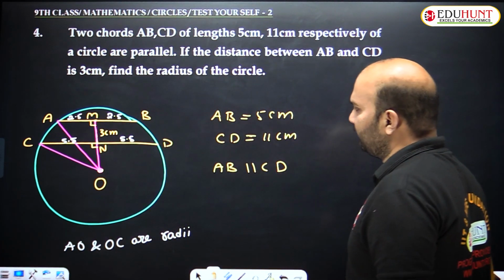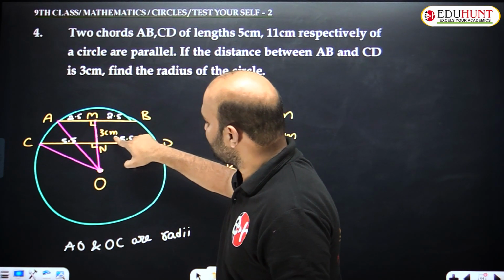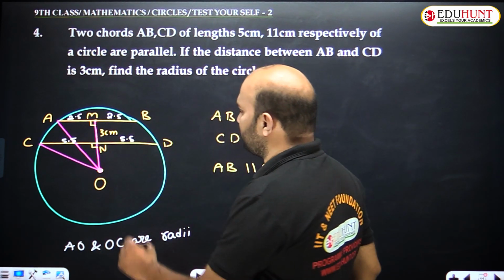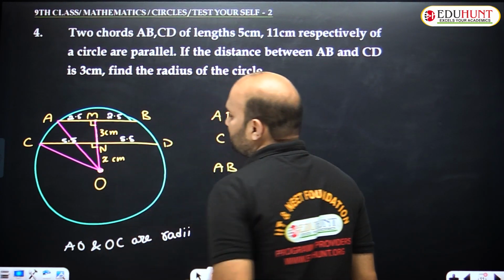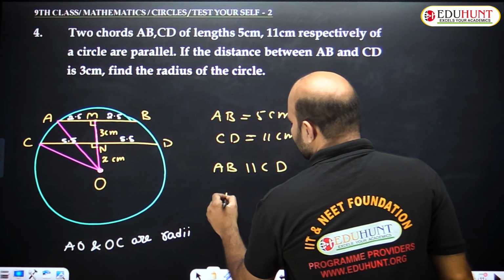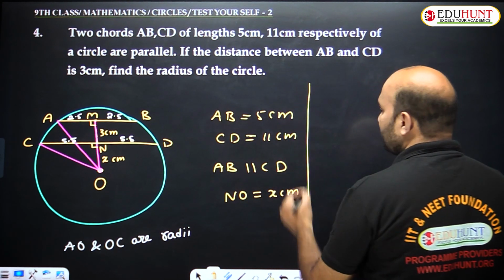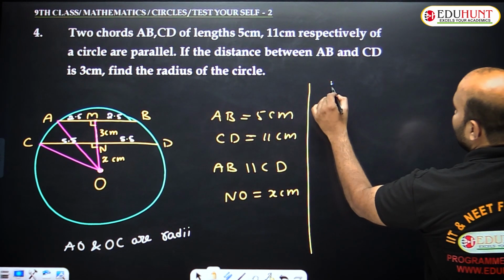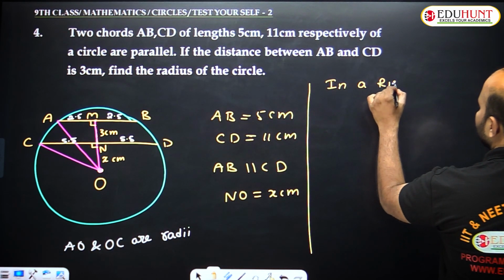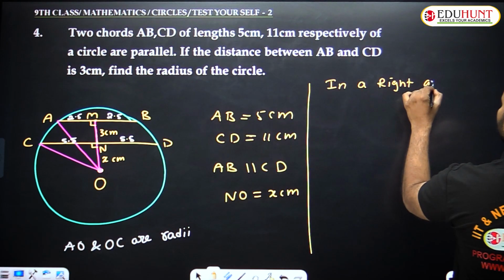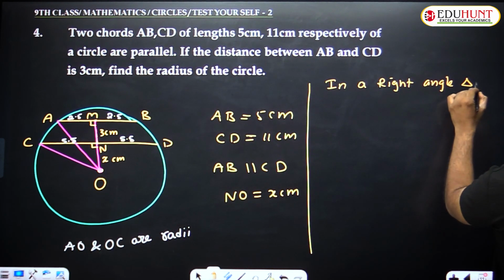We can find the first, but you don't know NO. MN, the distance between the two chords, is 3 centimeters given, but NO you don't know, so it will be considered as X centimeters. So clearly we need to understand, it is a right angle triangle. In the right angle triangle AMO,